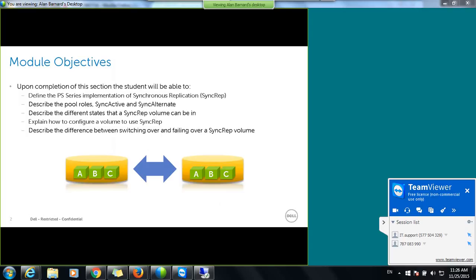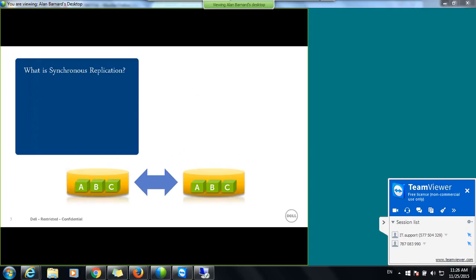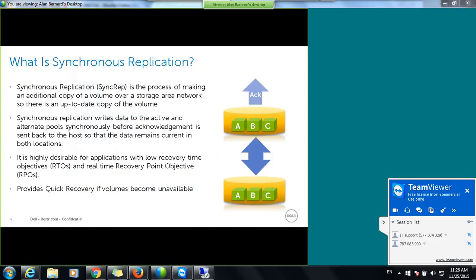Yesterday we've gone through asynchronous replication, which is what we call traditional replication. So we normally do asynchronous replication from one group to the other. However, in firmware version 7, or actually version 6, we introduced a new feature called sync-rep. So what's the difference between synchronous replication and asynchronous replication? As you can see from this diagram, you have two